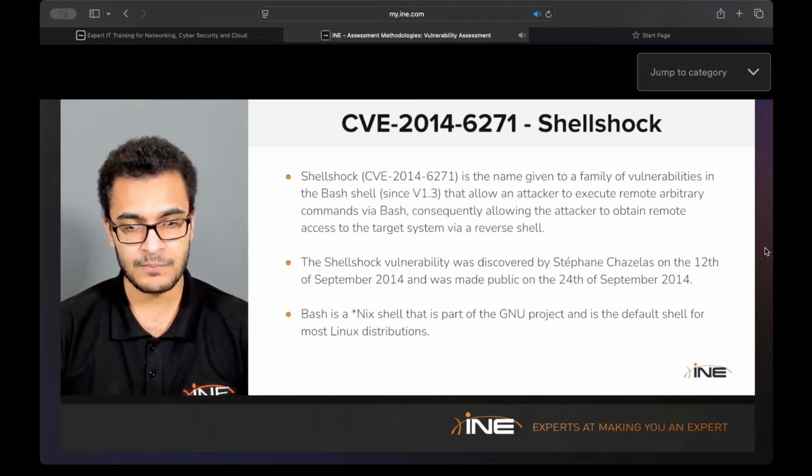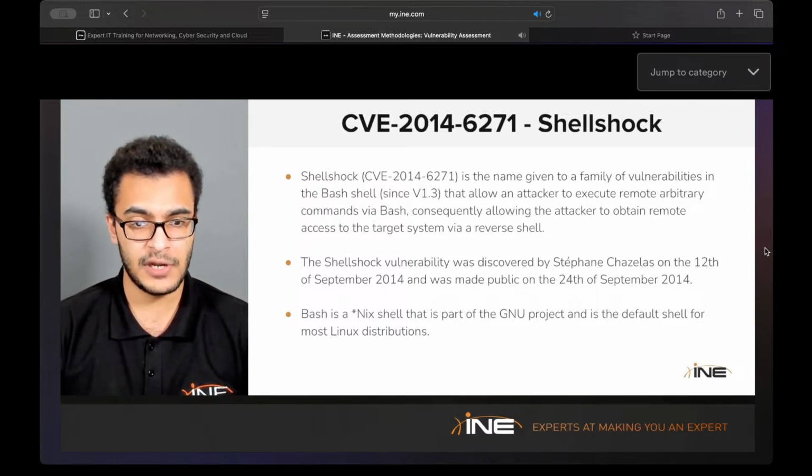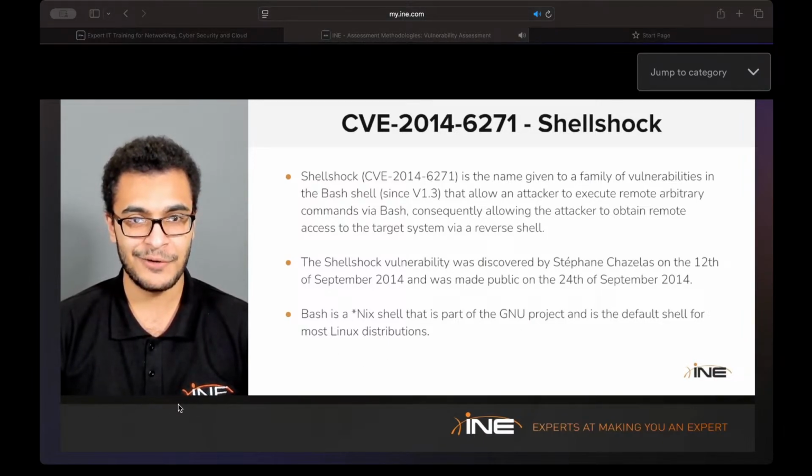on the target system. The ShellShock vulnerability was discovered by Stefan Chazelas, I hope I'm not mispronouncing that, on the 12th of September 2014, and was made public on the 24th of September 2014. Given the critical nature of this vulnerability, patches were released soon after, and companies and organizations as well as individuals were informed to update their versions of Bash as soon as possible. However, given the fragmented nature of the Linux world and the various distributions available out there, the patching or the updated packages